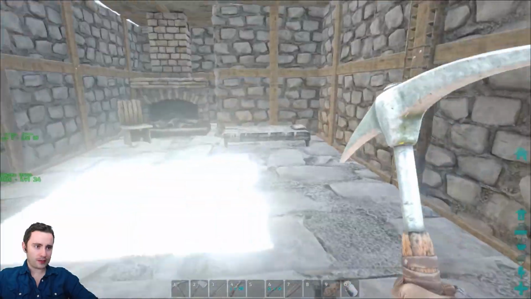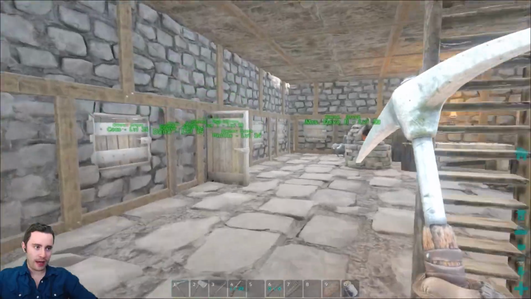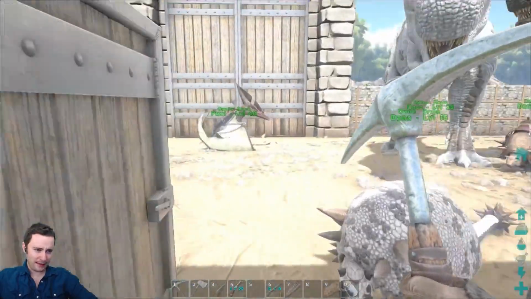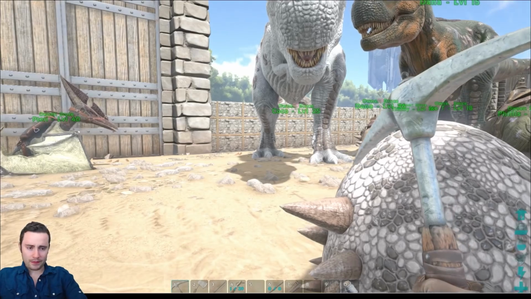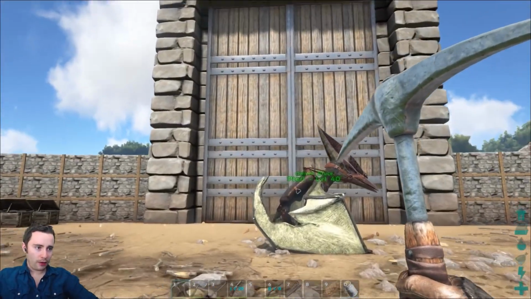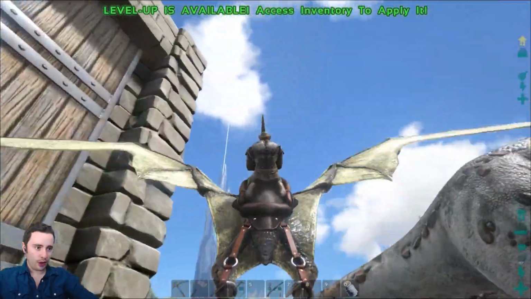Alright, so what is next? I think we will let that do its thing for a bit. I'm going to come outside. Might have to turn the gamma back down here so we don't get blinded. Let me see here. Gamma 2.5. Yeah, that's better. So I'm going to grab Terry over here and take a quick flight over to Herbivore Island,